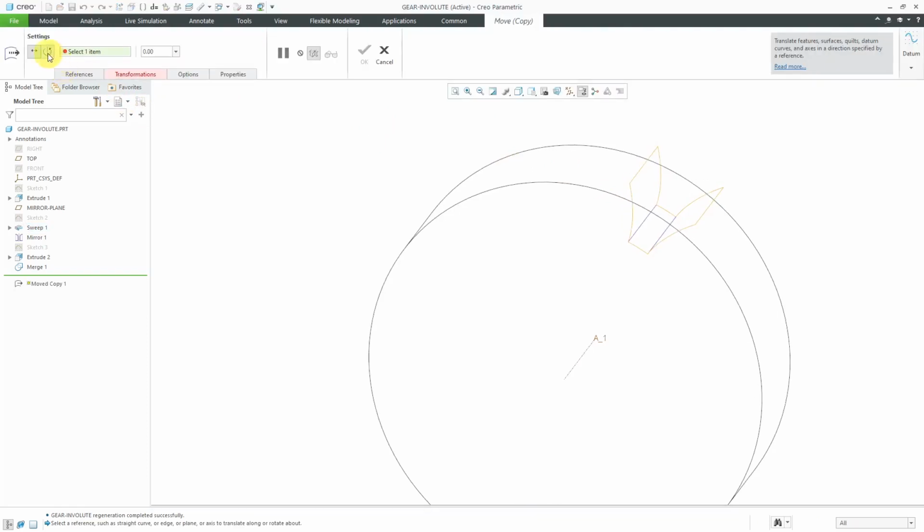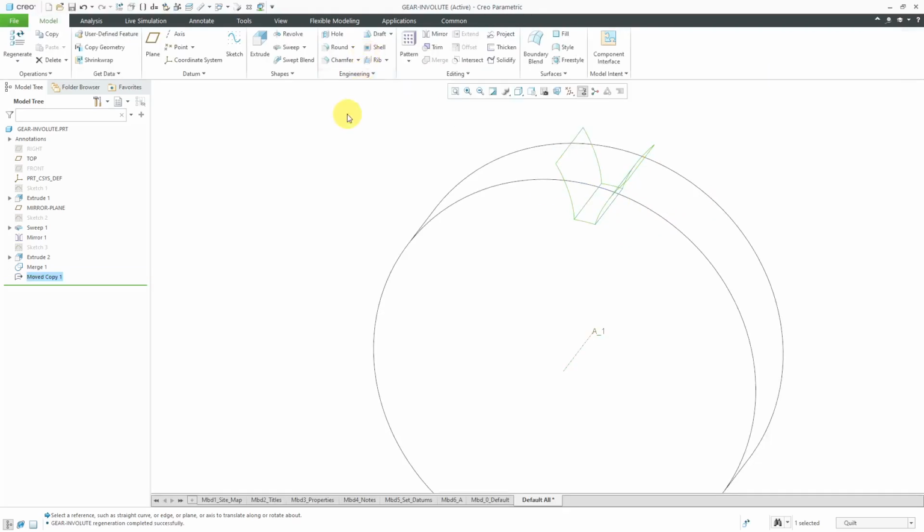And for locating this, we are going to rotate it about the A1 axis, and we're going to rotate it here. We're going to have these located 20 degrees apart. And the weird thing is that in a moment, we are going to use the Solidify command to remove material. Unfortunately, I cannot pattern the Solidify, so that's why we're going to use this weird technique where we're going to